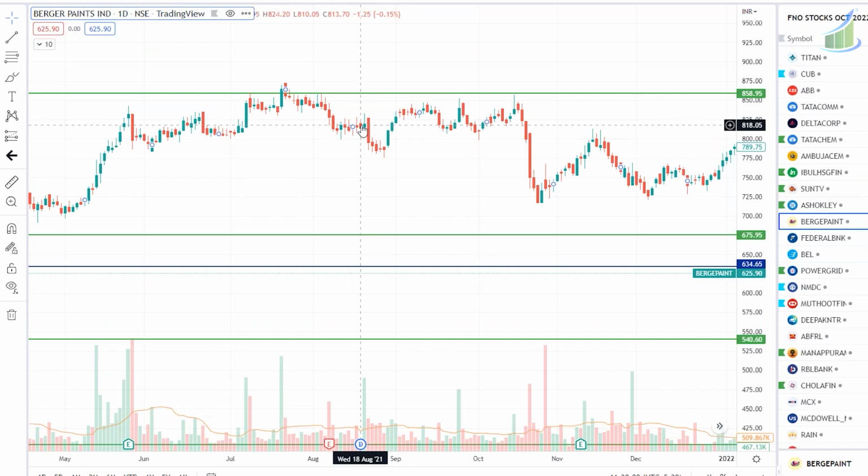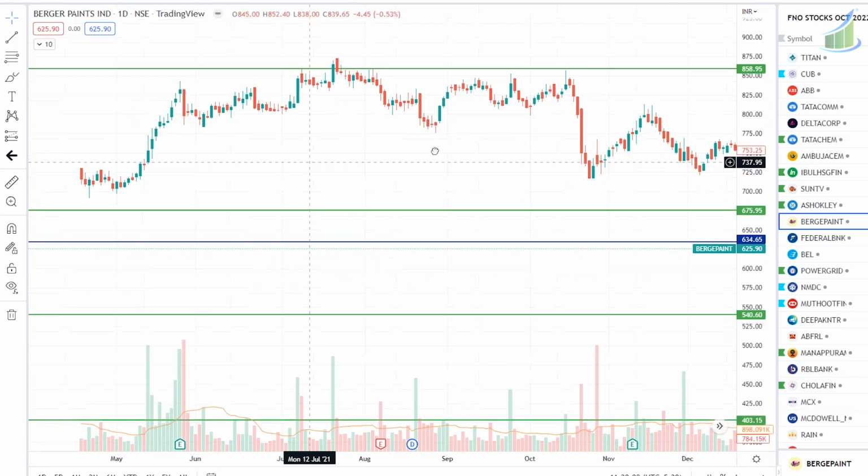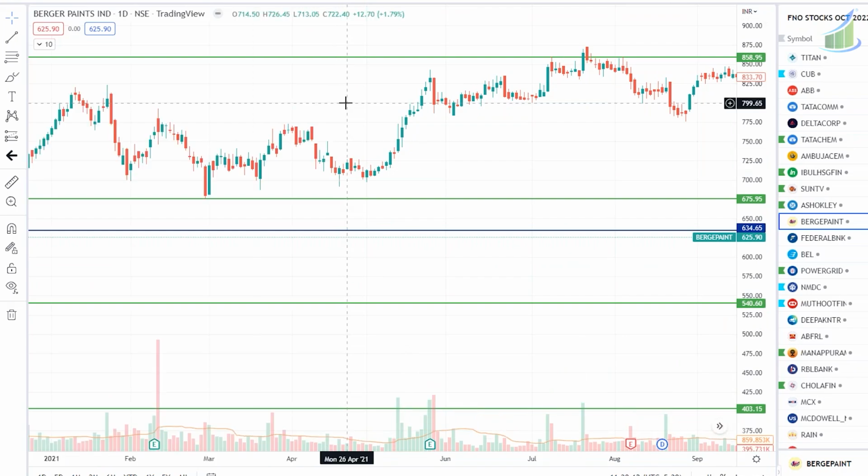See, for example, here, dividend declaration date, ex-dividend date, and after that, the price has come down. So how do you utilize these things? That is what I will be discussing in my next video. The next video, in fact, I would say, is going to give you very, very helpful insights in making extra money from dividend payouts and by generating consistent income from the dividends that you can make by investing regularly.